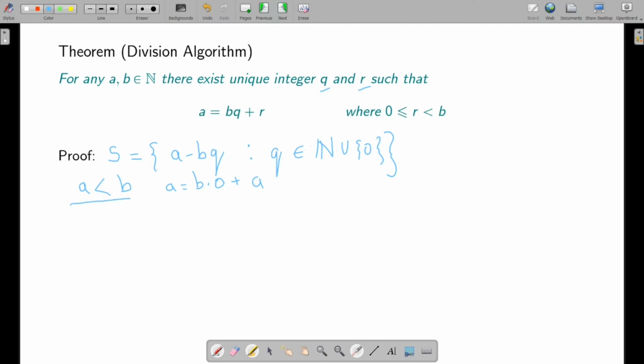So, all we've got to consider is the case when, this is a very trivial case. So, the case when A is strictly greater than B, or greater than or equal to B, say. Again, the case when A is equal to B is very easy. I hope everyone can see that also. Can someone tell me what will be the quotient and remainder when A is equal to B? I can't see your chats, by the way, because I'm on this screen. Can someone switch on the mic and tell me what is the quotient and remainder when A is equal to B?